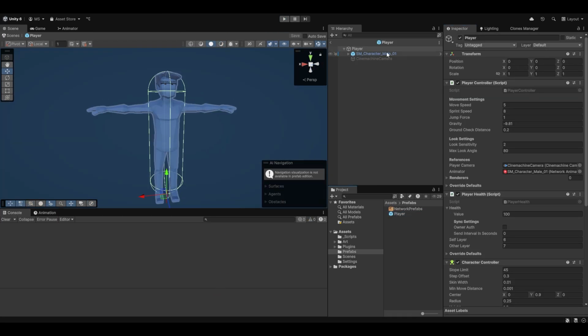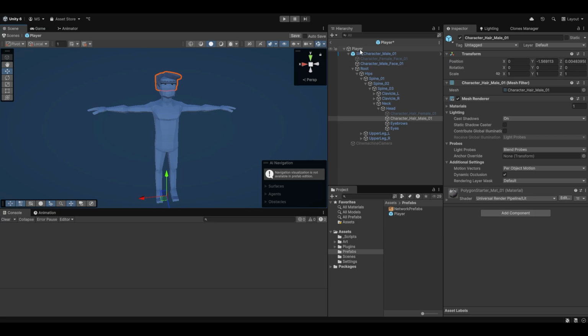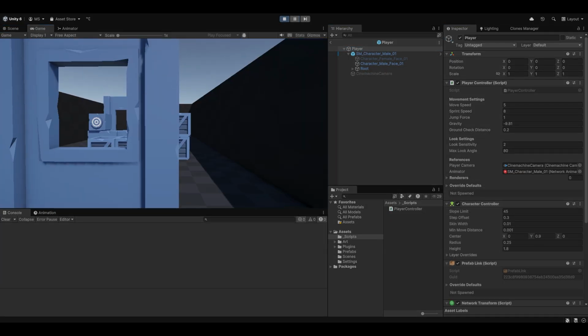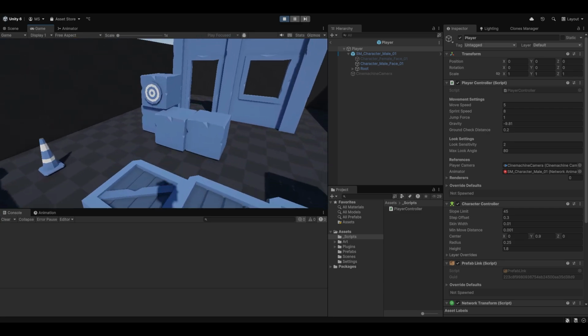Also, I completely forgot to, of course, drag and drop the renderers in from earlier. That's my mistake. We're just going to take the root of the character here and I'm also going to grab his hair. There it is. I'm also going to drag that into the renderers like so. So you can see if I start now I can't see myself, and this is already a lot nicer to